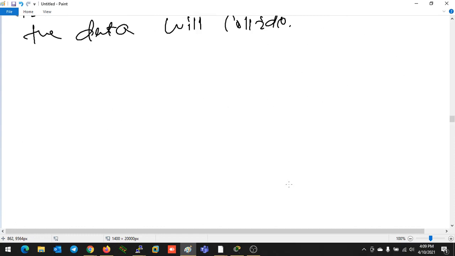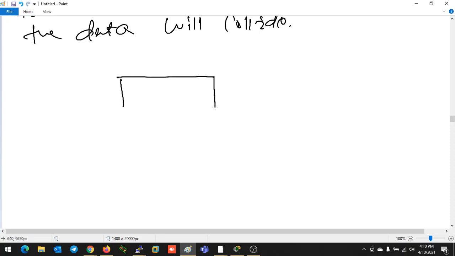This is also the same thing I wrote here. It also defines an area. In that area, if one device is sending data, and in the same area another device is sending data at the same time, then the data will collide. There will be a strike between the two data and data loss will happen.